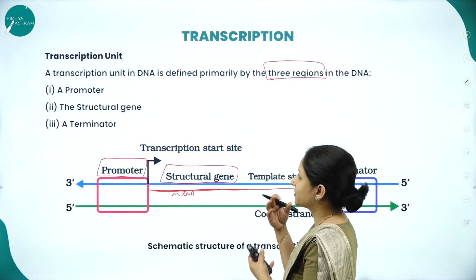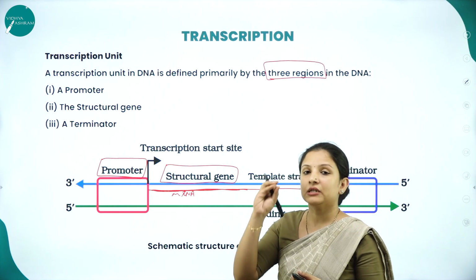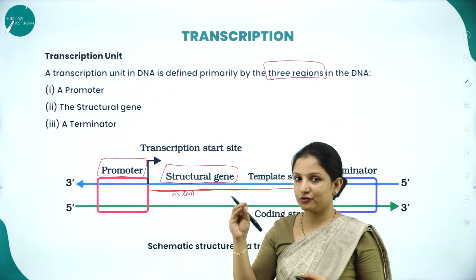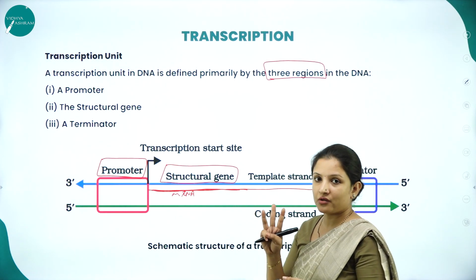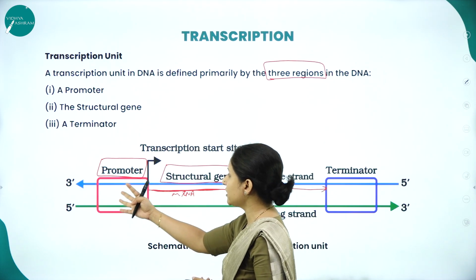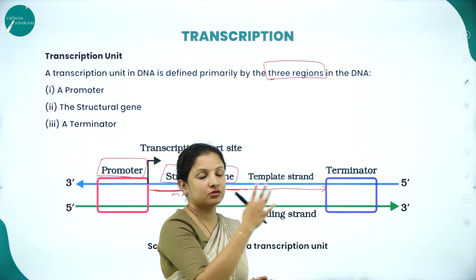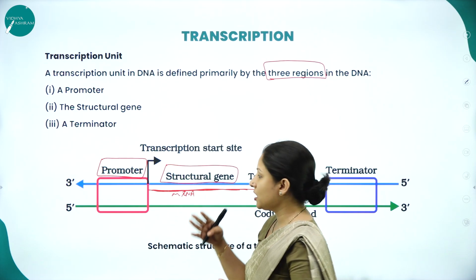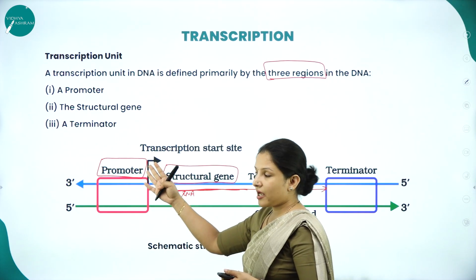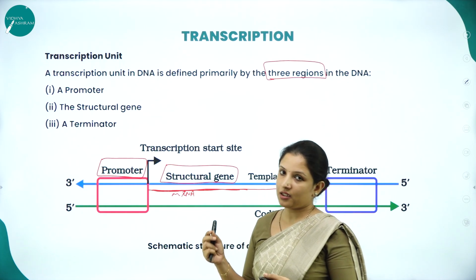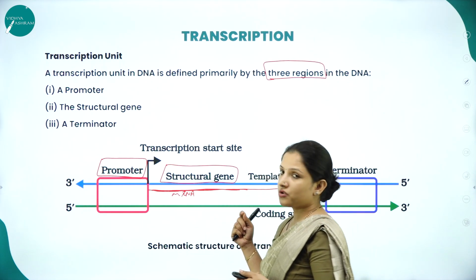Okay. So a transcription unit. Any DNA strand, or one of the DNA strands, that is involved in the process of transcription has 3 important regions. One is the promoter region, then come the structural genes, and then comes the terminator region. So the transcription of the mRNA begins at the promoter region and elongates in the structural region until it terminates at the terminating region. Okay. So this is about the transcription unit.